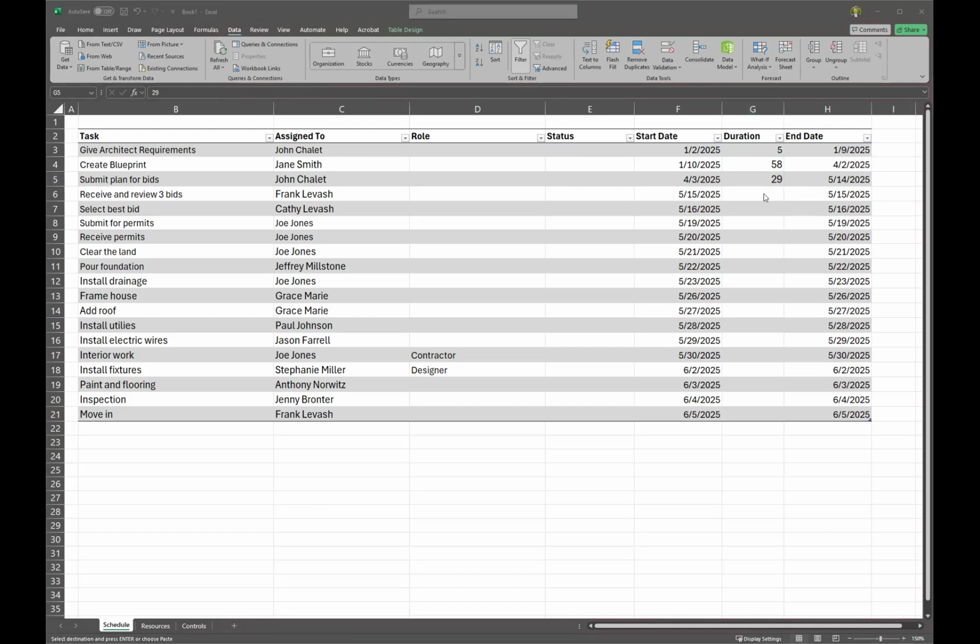Then maybe 3 months to receive the bids. And then now we have to select the best bid. Maybe it might take you a month to review all the bids and then select the right one. For permits, I know this can take some time, but just for the sake of the schedule, we'll say this